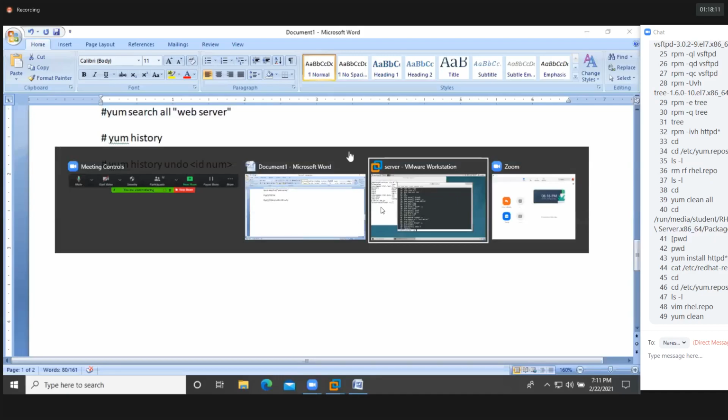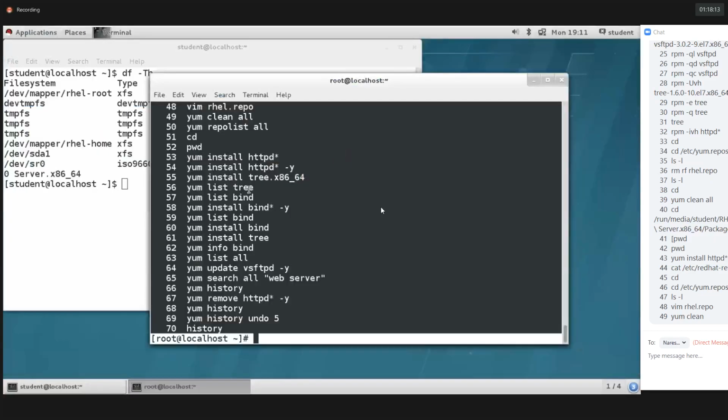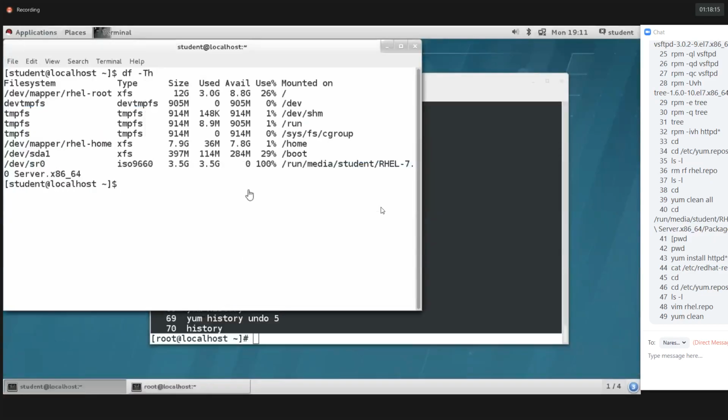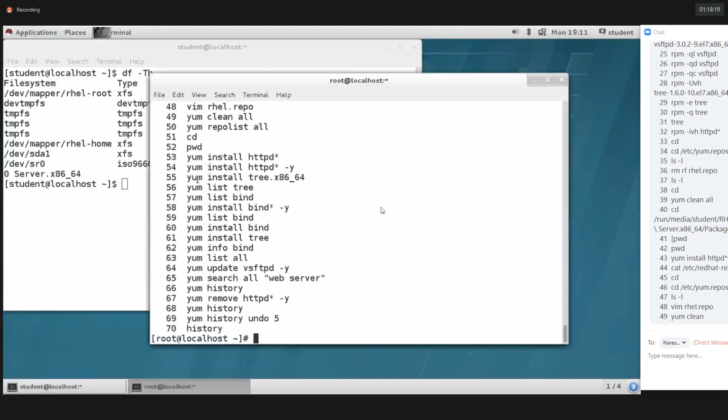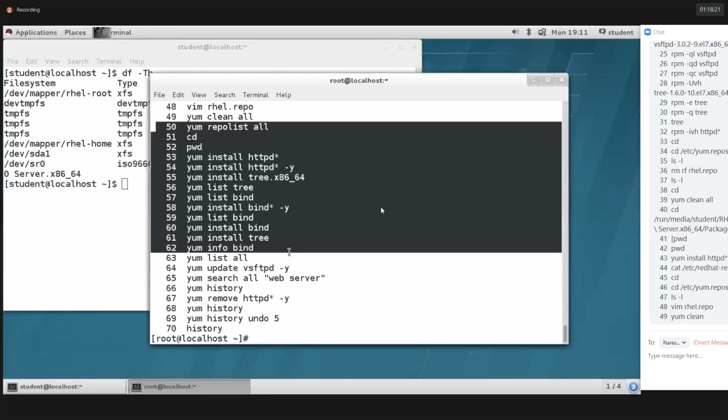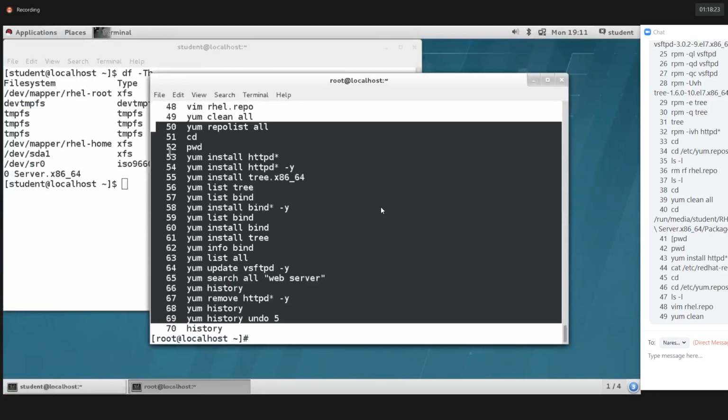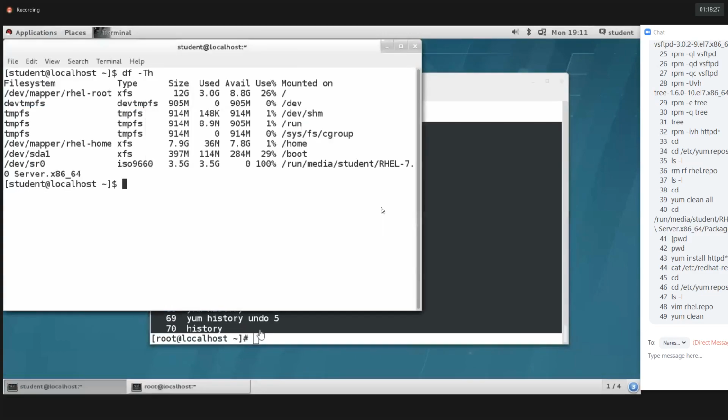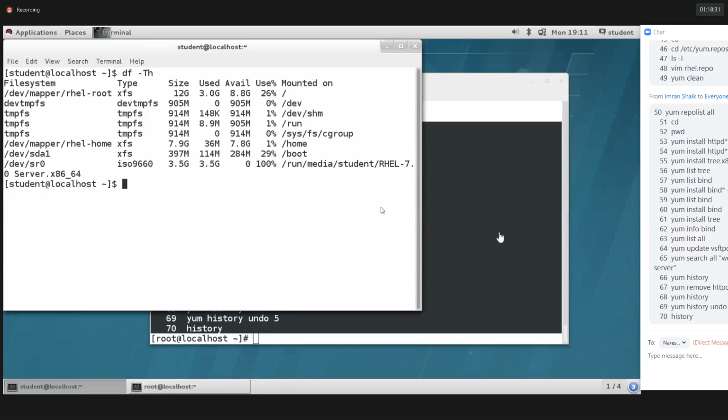So package management, service management, and then disk management. Disk management will take 3 days. Disk management concept and LVM concept, both will take more than 3 days. Okay, then after that we'll start the networking concept.